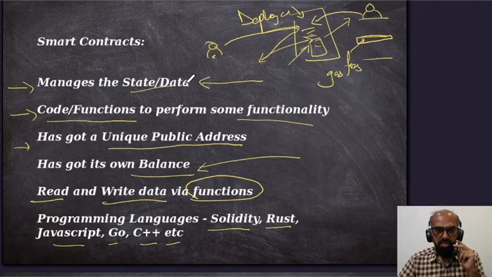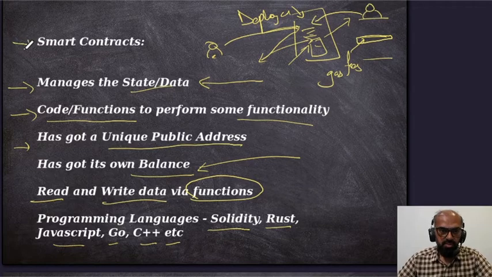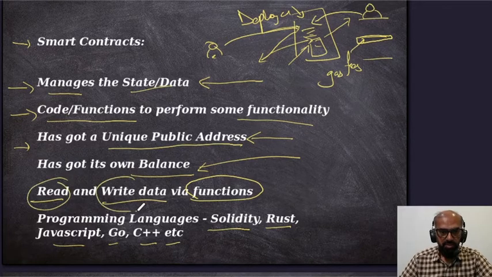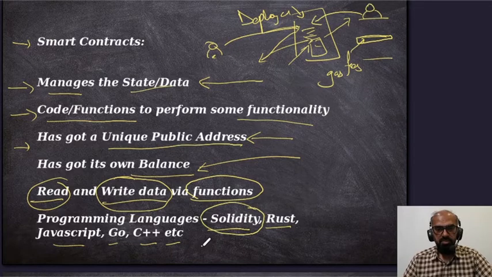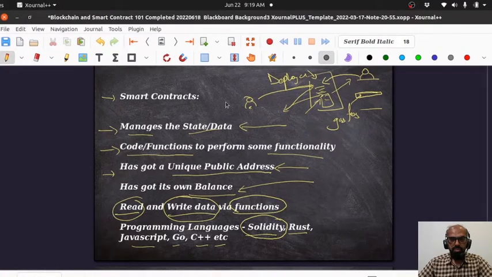Initially, we discussed the smart contract and its features: it manages state and data, it has code and functions, and it has a unique public address. We can read and write data via functions, and we can use several languages, but we'll be using Solidity. So let's get started. I will be opening the screen